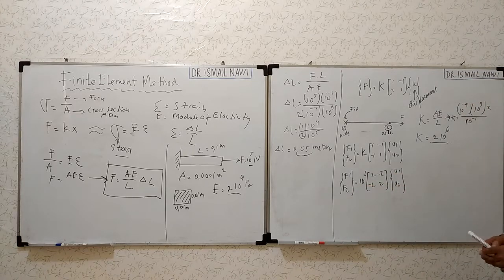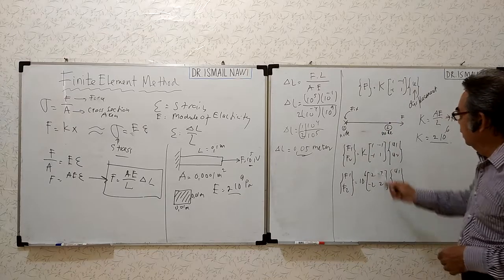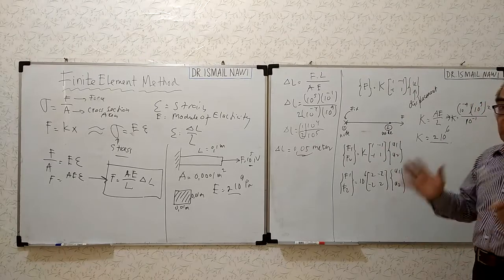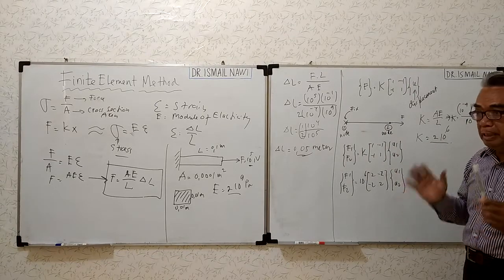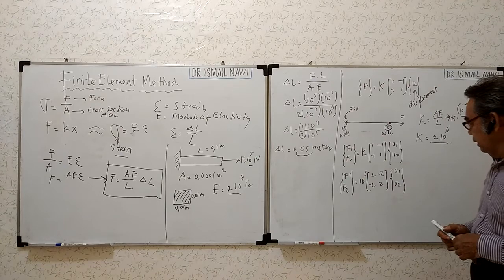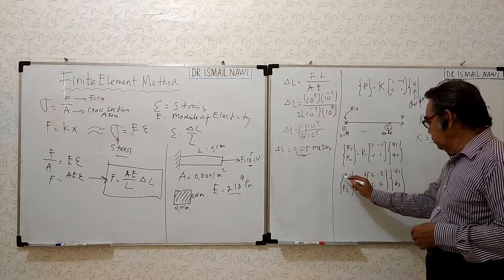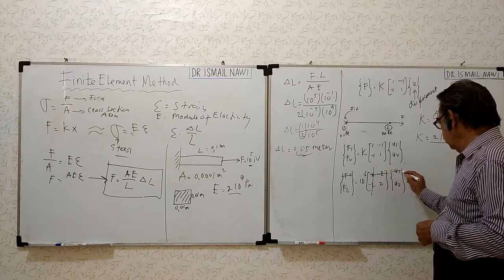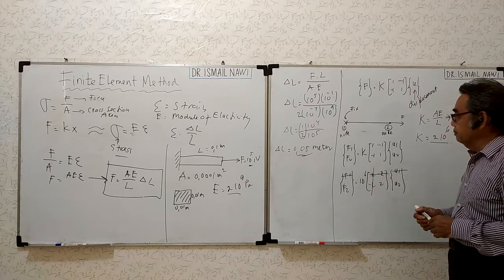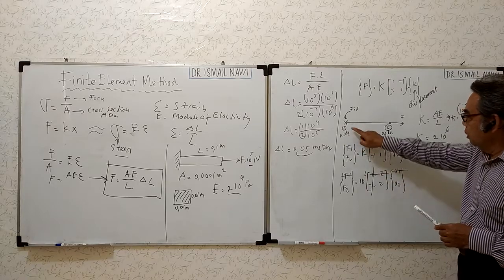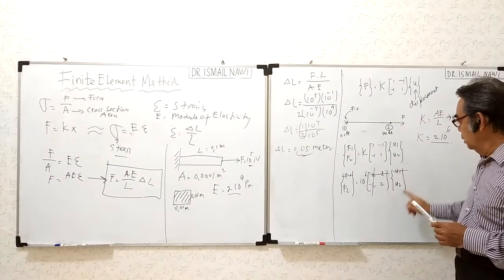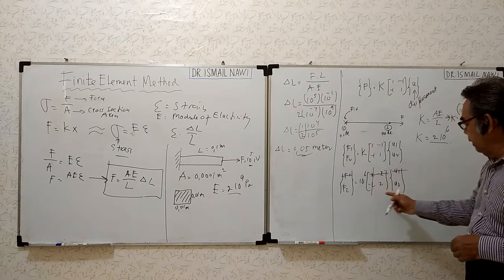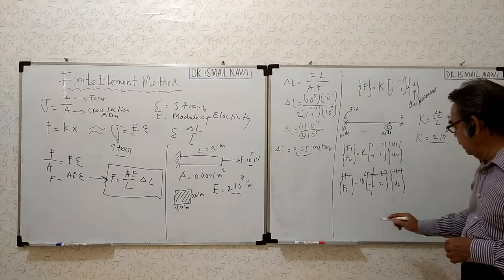But in this system, node 1 is fixed position. So in boundary condition in mechanical engineering, we can see that this row and column are 0. And u1, node 1, has no displacement, 0 also. So we see the remaining number here, that F2